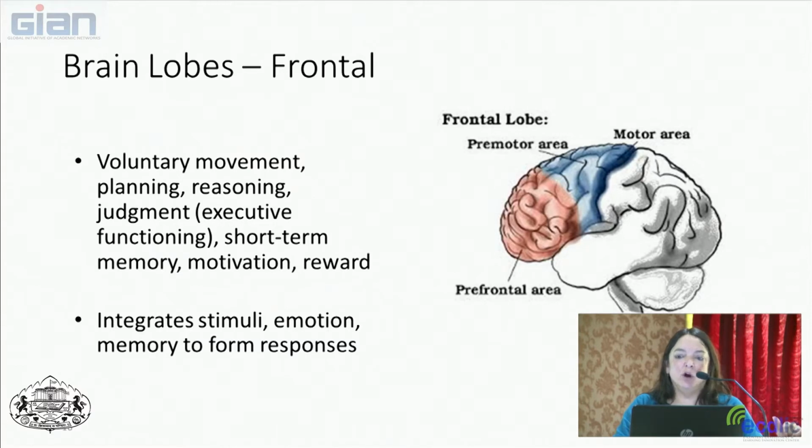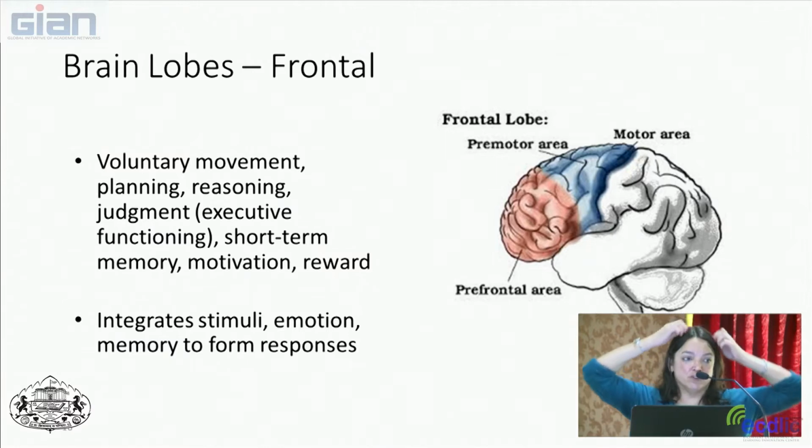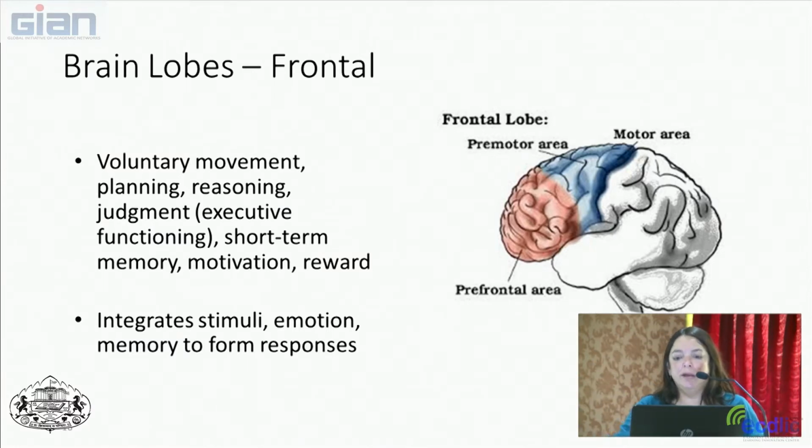So if you look at the frontal lobe there, the first thing past the central sulcus is your motor strip area. That is part of the frontal lobe. And the premotor area is directly in front of that. And up in the way front, in the pink or red areas shown there, is the prefrontal cortex. The prefrontal cortex is a region that is more developed in humans than in animals. So this is one of the areas that helps differentiate us from other species, because it's much more developed in humans.